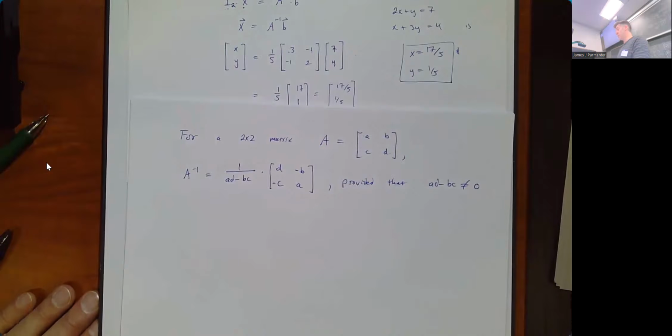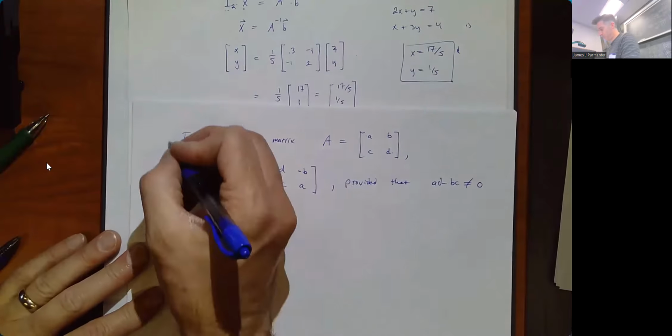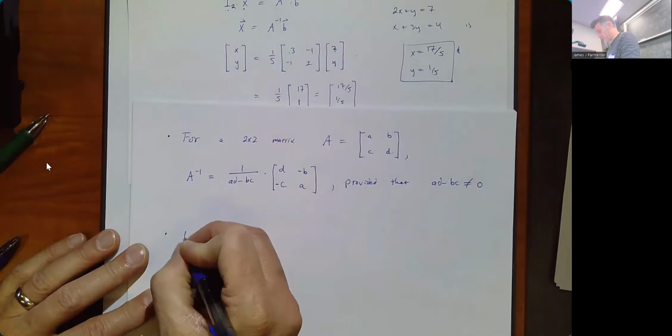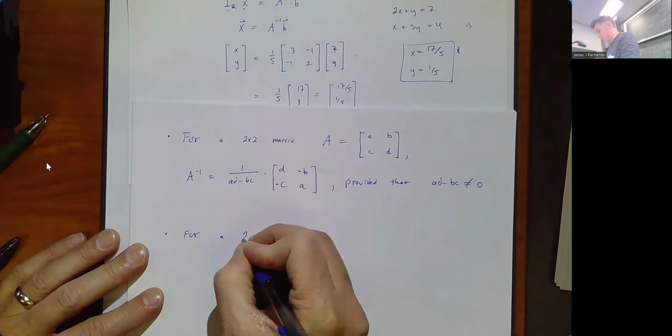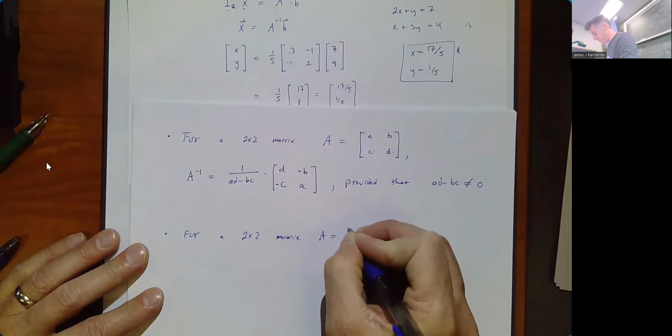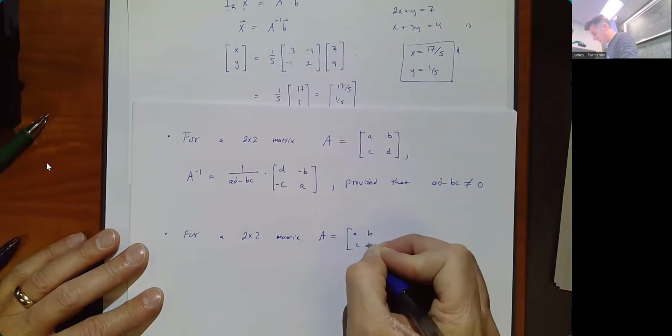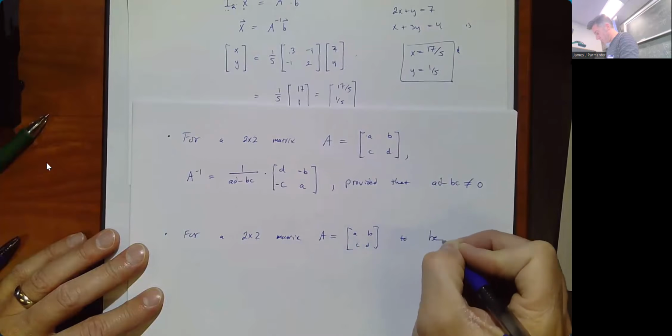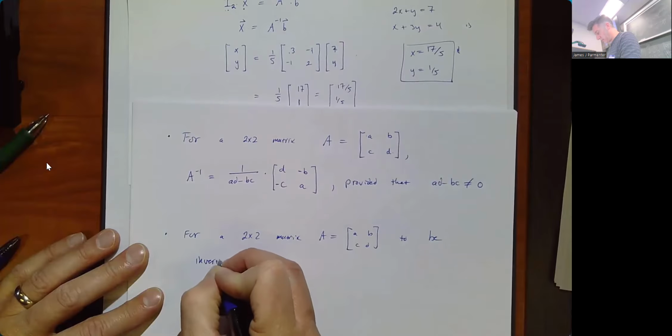So for a 2 by 2 matrix A equal to A, B, C, D to be invertible, or to have an inverse,